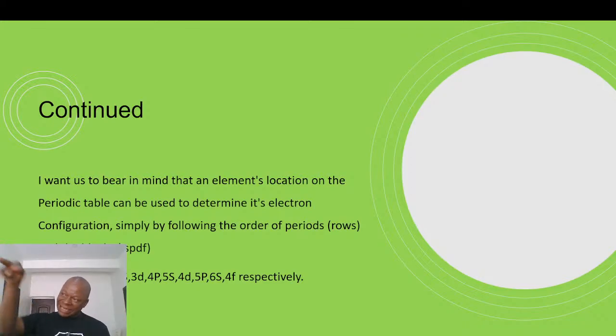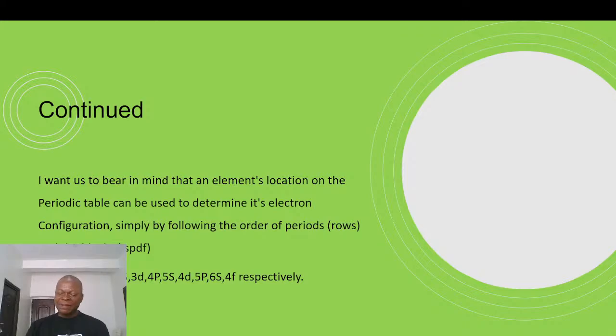If you check where a particular element is located in the periodic table, it is easy for you to say this is its electronic configuration, or to help you draw it. It's simply by following the order of the periods, the rows and the blocks, just as I've mentioned. You have 1s, 2s, 2p, 3s, 3p, 4s,